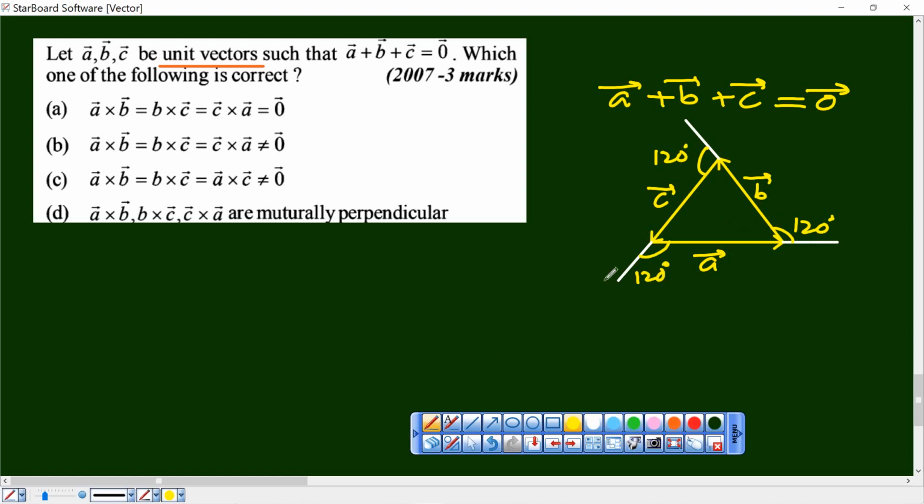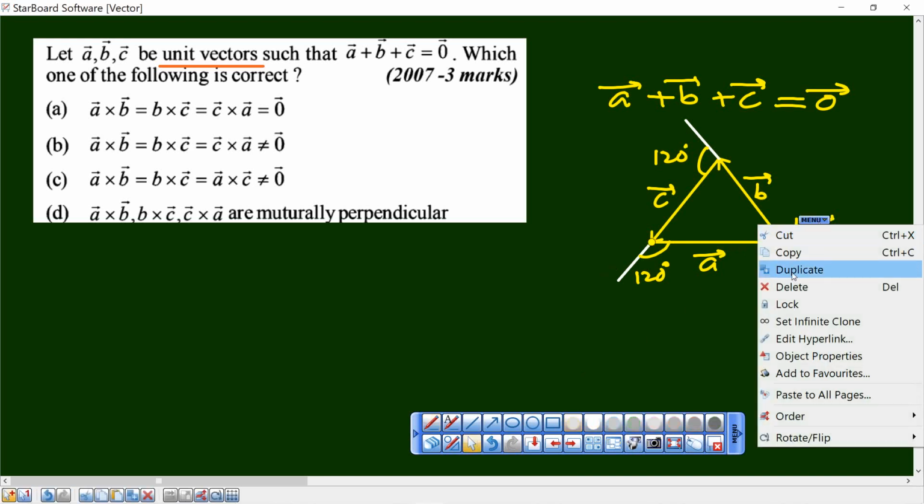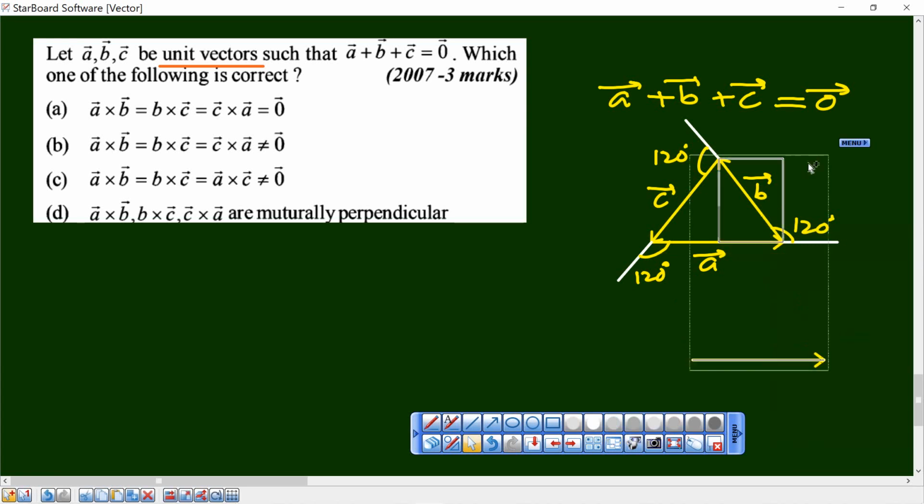Right. Now, they're all unit as well. Now, come to think of it, what is the direction of A cross B? Apply your thumb rule and say whether it is electric pole or it is tube well. I showed you that there are two vertical lines you can have on the roads. One is coming out, that is the electric pole, the other is going down, like a tube well. Didn't I? So come to think of it, if I talk about A cross B, will it be electric pole or will it be tube well? Anybody? Speak out please. In the plane of the drawing is upward.